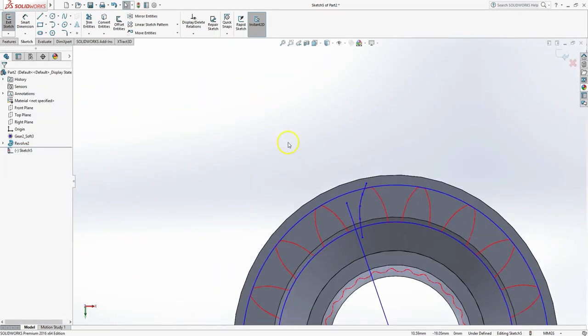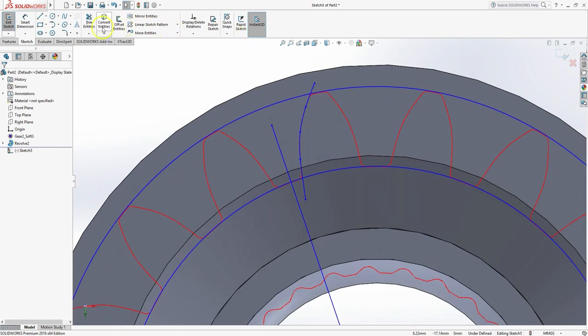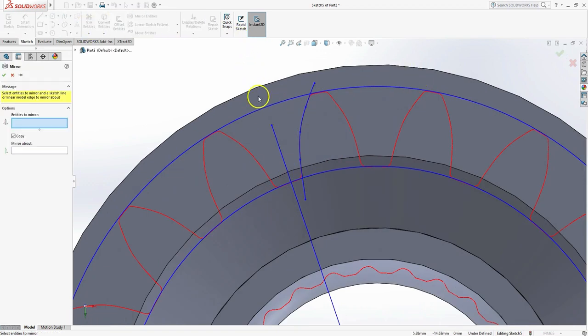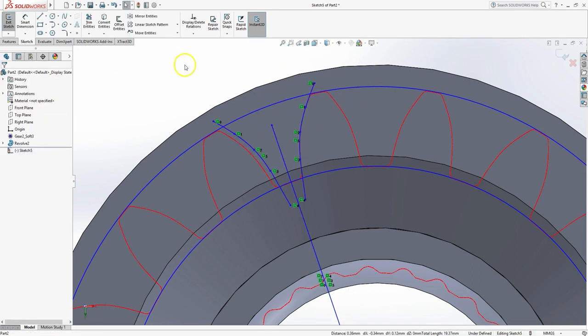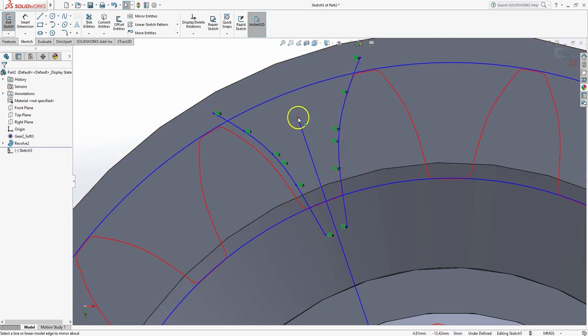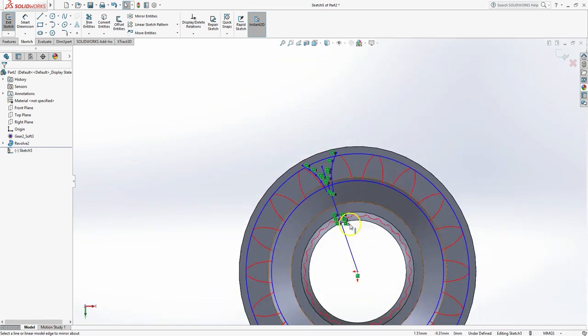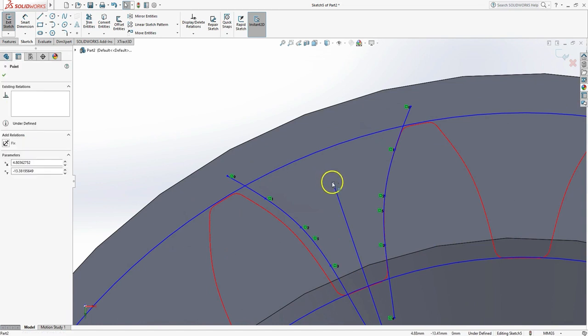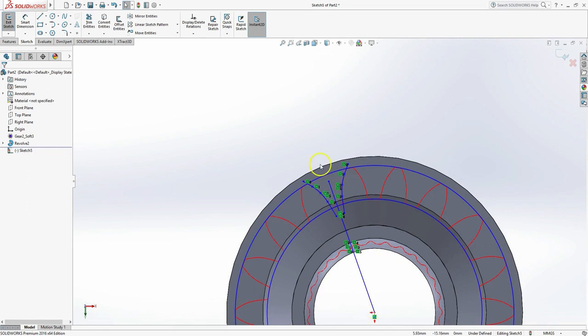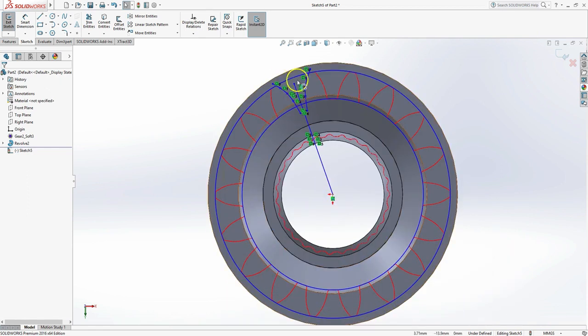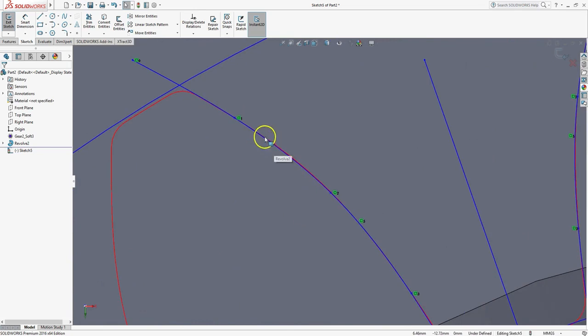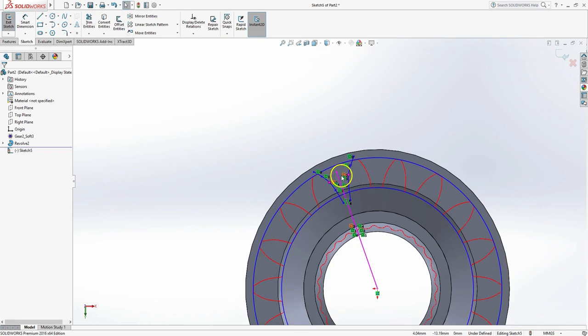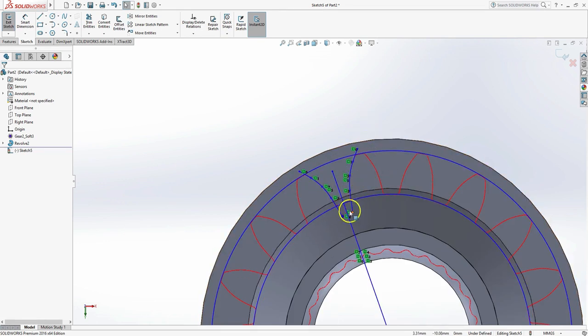Just like that. And now I'm going to go ahead and mirror that over to the other side using the mirror entities. And we're going to mirror this curve, and we're going to mirror it on this line. And you'll notice it didn't quite land on the line. And the reason I did that is because I defined a center line off the axis, and now I can go ahead and adjust this just like that till it lays right in the right spot. And this kind of prevents me from trying to guess where the actual center line of that is, and then use the scan geometry to make sure that that ends up in the right spot. So I now have a profile that I can cut out of this thing.